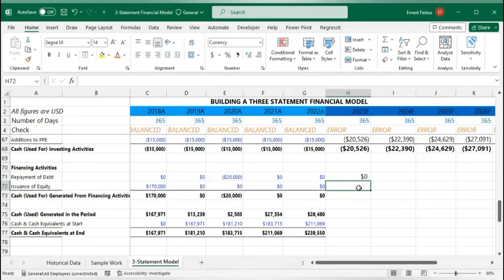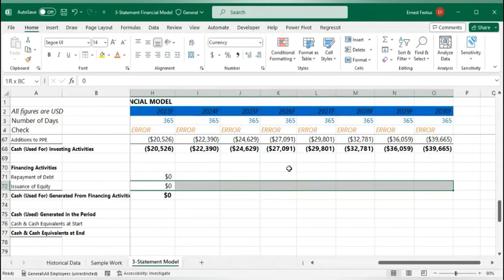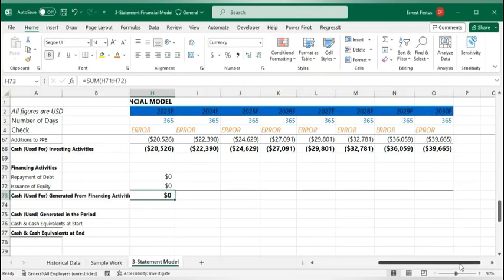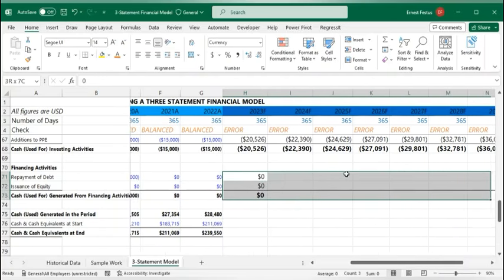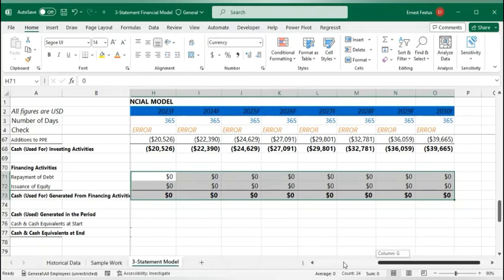Okay. For issuance of equity, we are assuming that there will be no issuance of equity within this period, that the number of equities we are having is enough. So equals, now this particular financial model is a standardized one that we want to use. So with this, you can actually do any 3 statement financial model that you want to do. So this will set you up for any financial model you want to undertake. So we want to copy that across, and finally